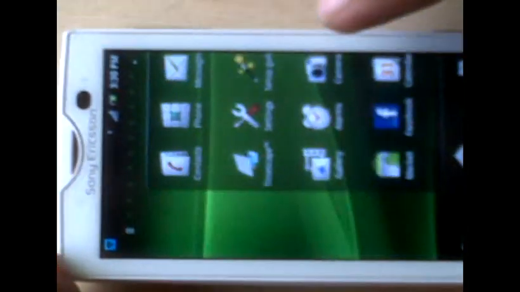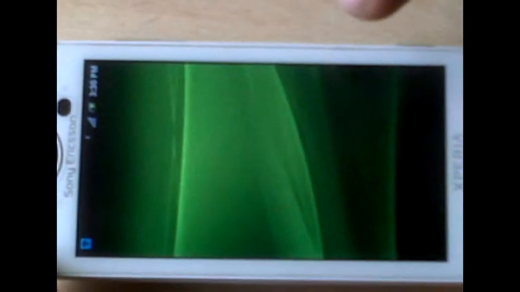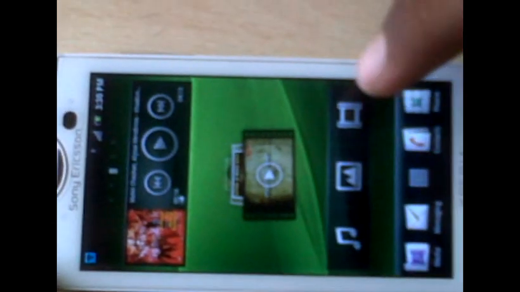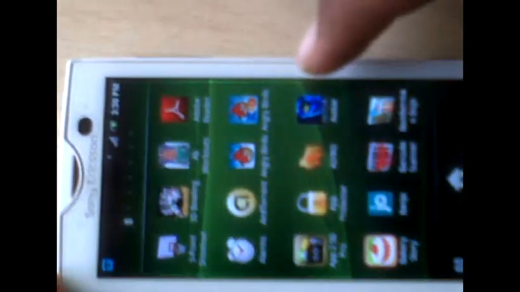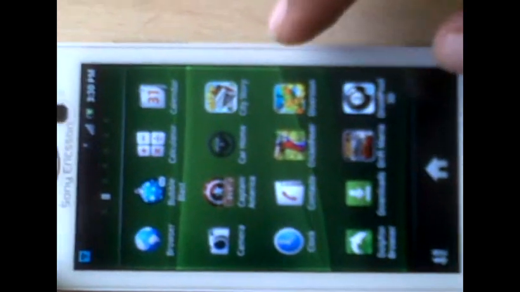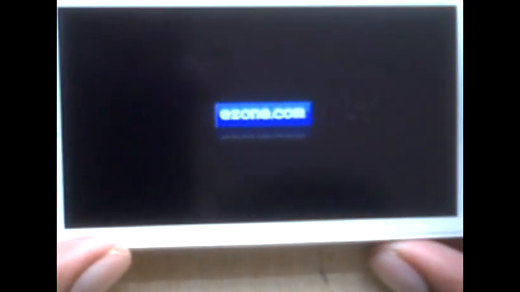Then we have some more games like Angry Birds. Angry Birds is working well. Then Bakery Story. Then Diversion. Diversion is also like an HD game. It is also working very well with 2.3.